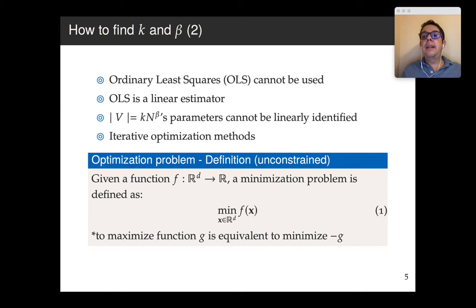Now, can ordinary least square be used to solve the problem of finding k and beta? Well, unfortunately, no, we cannot use ordinary least square to solve this problem, because ordinary least squares is a linear estimator, and the coefficients that we are trying to identify cannot be linearly identified, because as you can see here, n is the independent variable, and beta is a coefficient that we want to identify, and it is the exponent of the independent variable. So what we can do in this case is use iterative optimization methods in order to find k